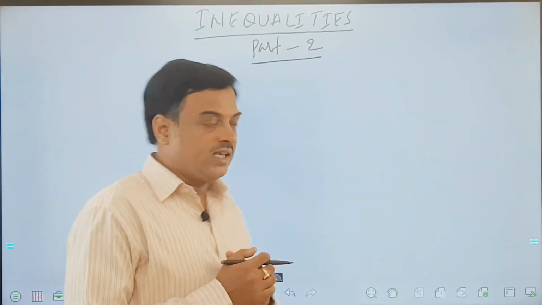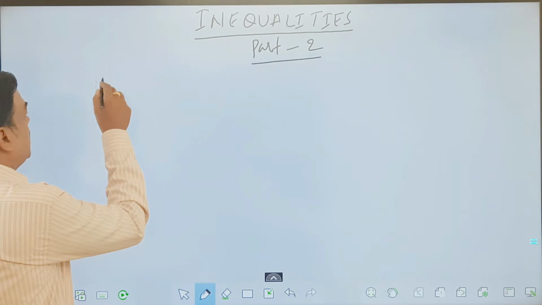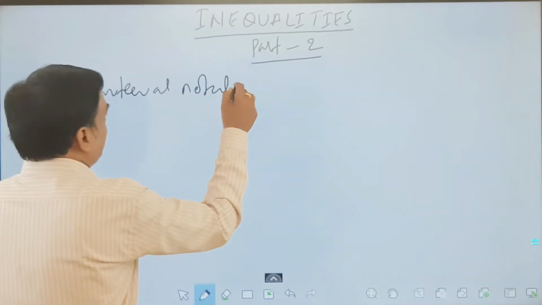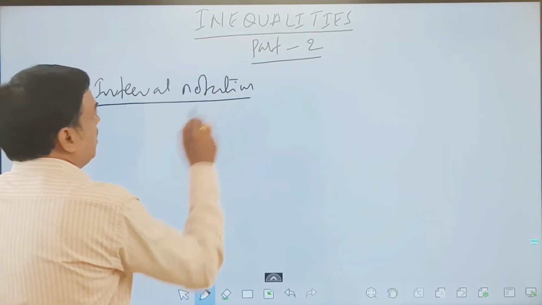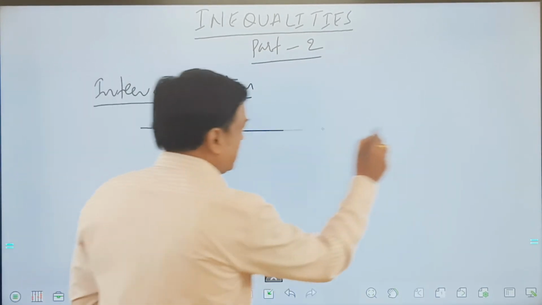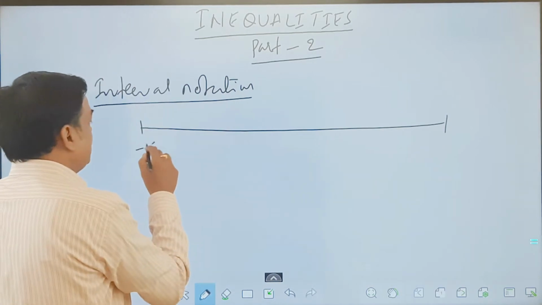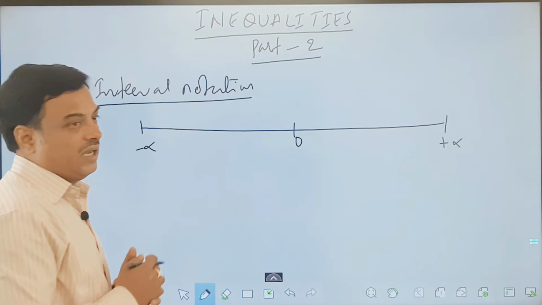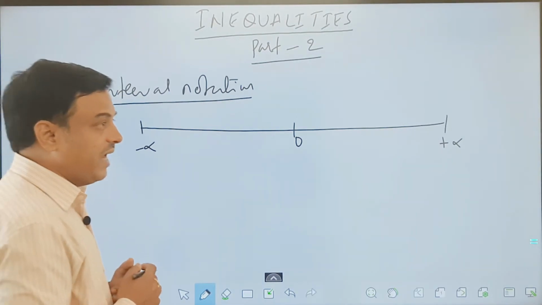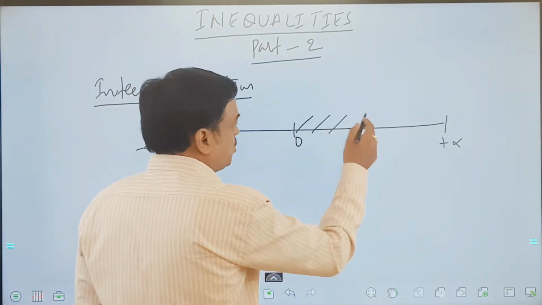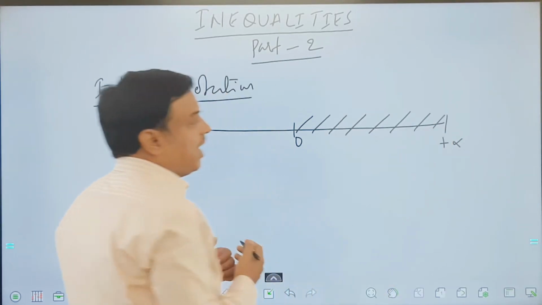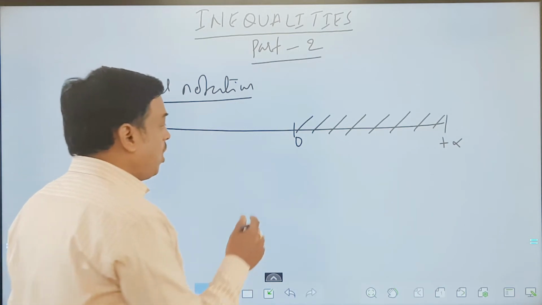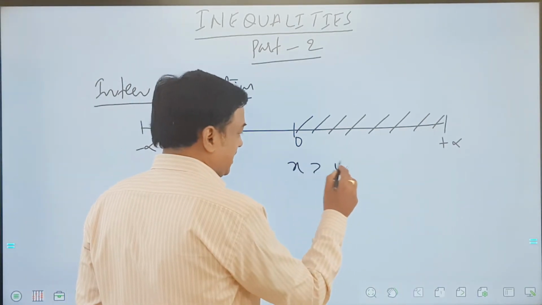Interval notation is one of the important points to understand in this. What is interval notation? If you observe, when I'm saying on a number line, say for instance, minus infinity to plus infinity, of course 0 in the middle. Now if I want to say the values of some value of x are positive, I can represent it by the graph like this, or I can say x is greater than 0.